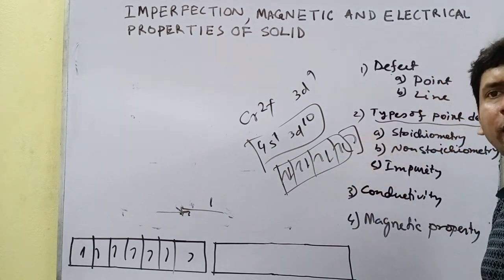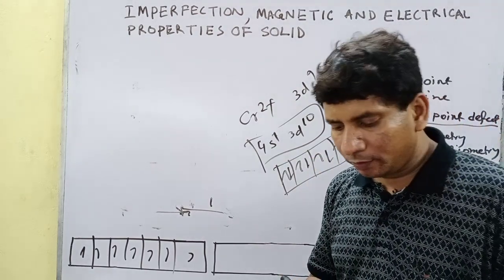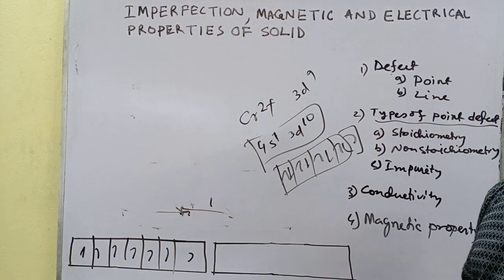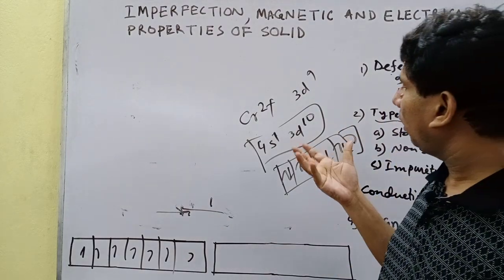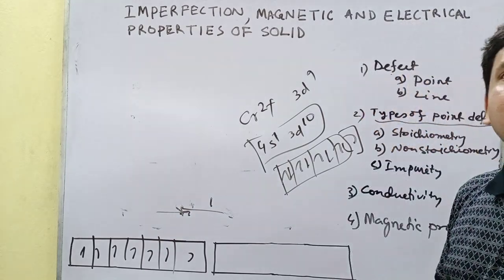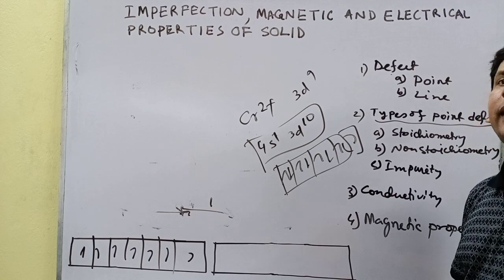There is one unpaired electron. So, for each cation, if there is an unpaired electron, then it will be paramagnetic